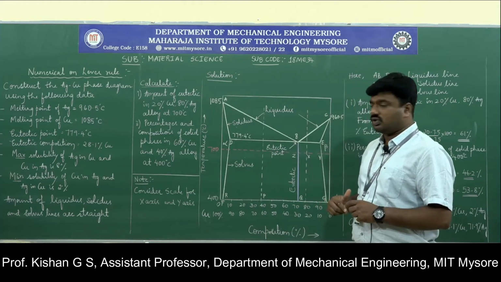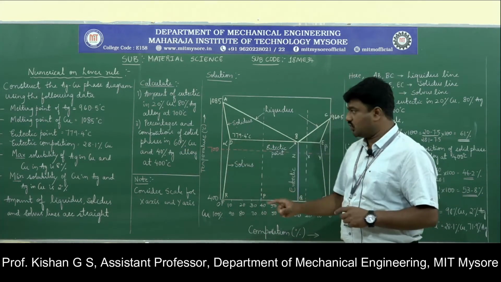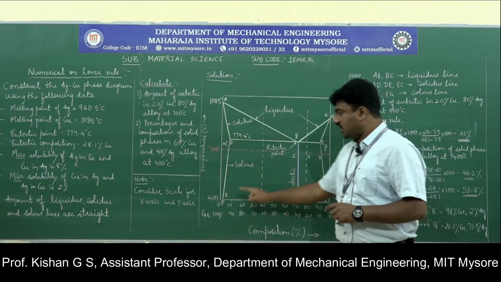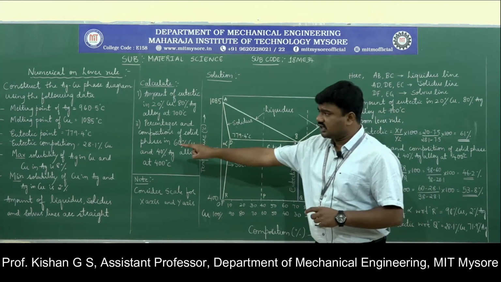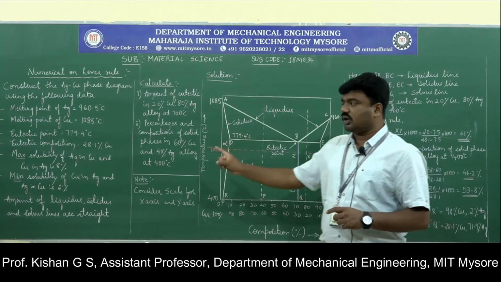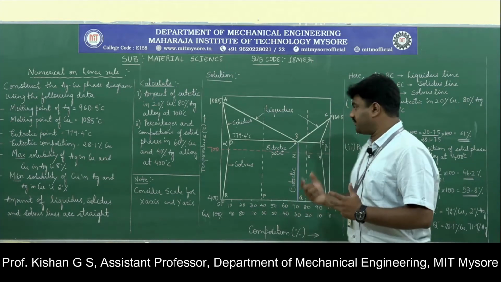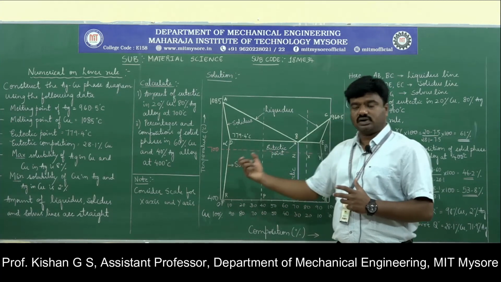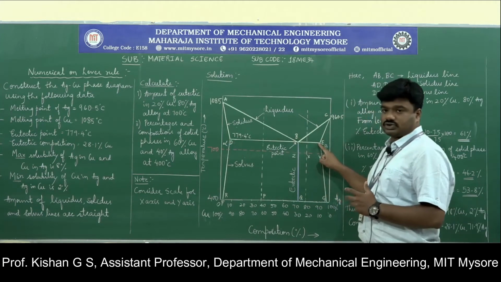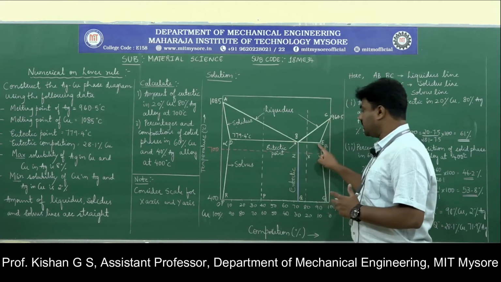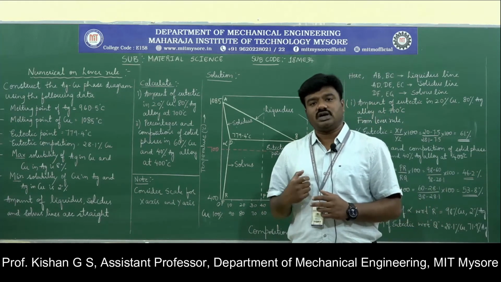So what we are supposed to do is, along the eutectic composition, what is the maximum solubility? It is 8%. So along that particular temperature, measure 8% on both the sides, because it is given to be the same. Ag in copper and copper in Ag is 8%. So it is not different. If it is different, we have to measure differently from both the ends. Since it is common, we have to measure 8% along the scale on both the sides, and we are supposed to represent the point D and the point E that represents maximum solubility of copper and maximum solubility of silver.